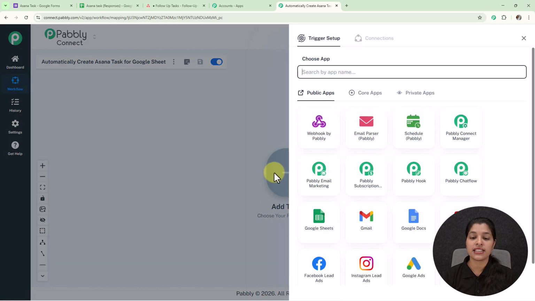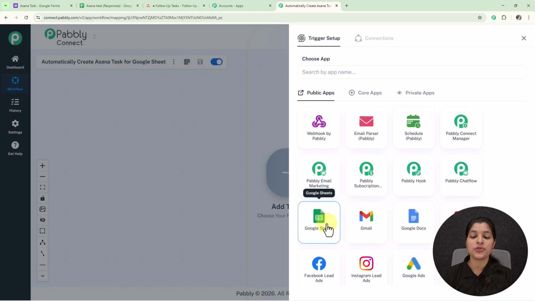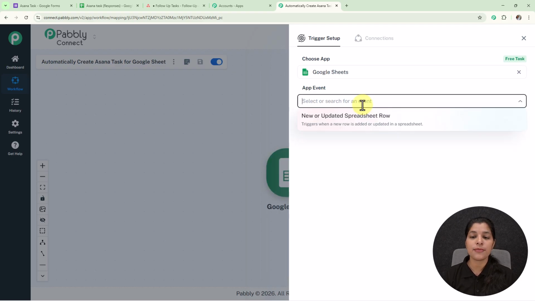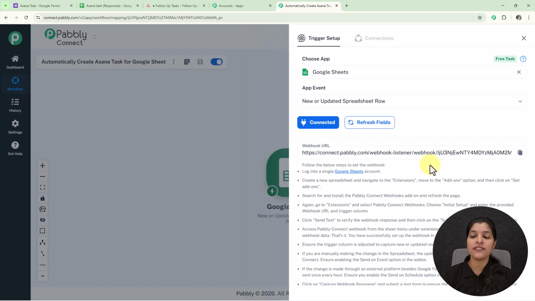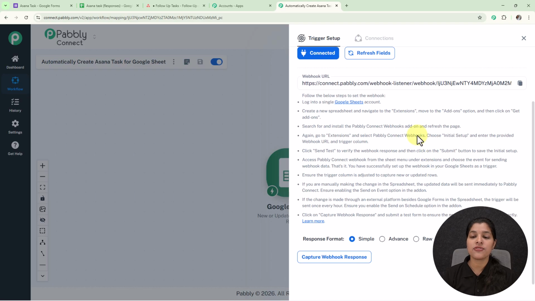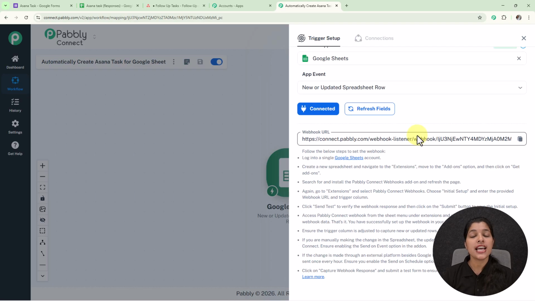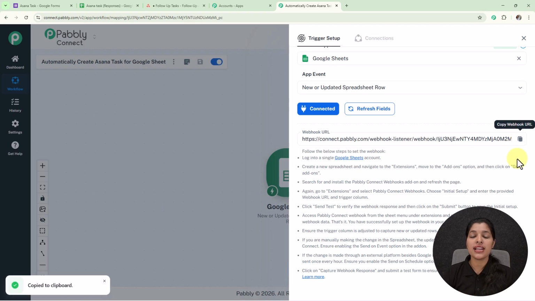So here I have selected this add trigger, and here I am getting some of the applications. I am going to select Google Sheets, and afterwards I am going to select my app event as new or updated spreadsheet row. Now let's click over this connect button, and here we are getting this webhook URL with the steps for pasting it. This webhook URL is going to act as a bridge between Google Sheet and Pabbly Connect for building the connection. So now let's copy this webhook URL